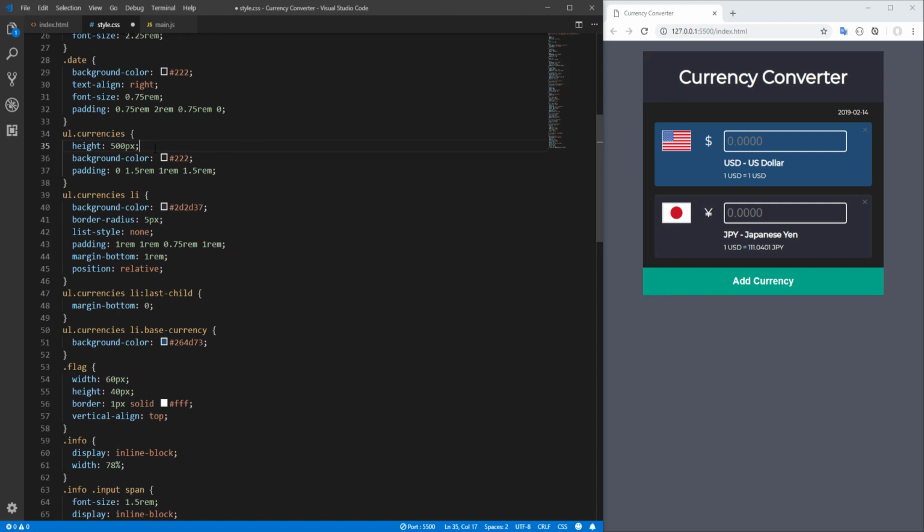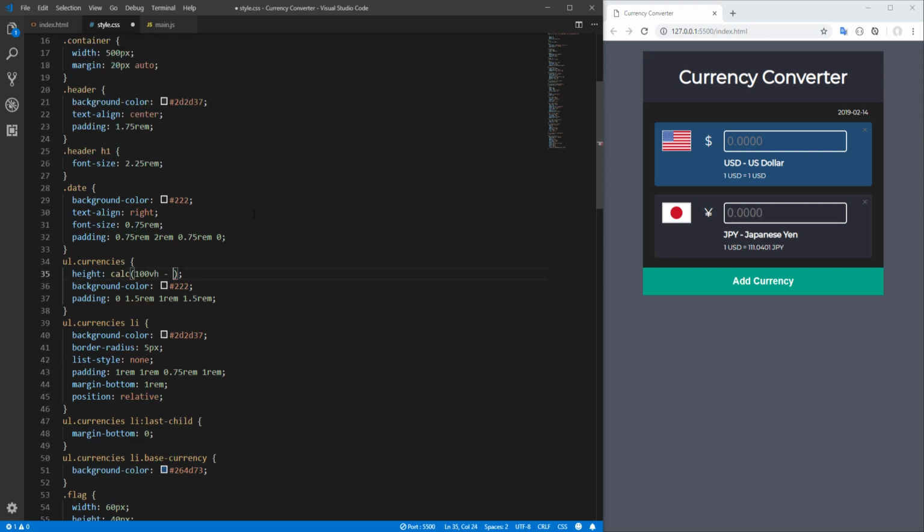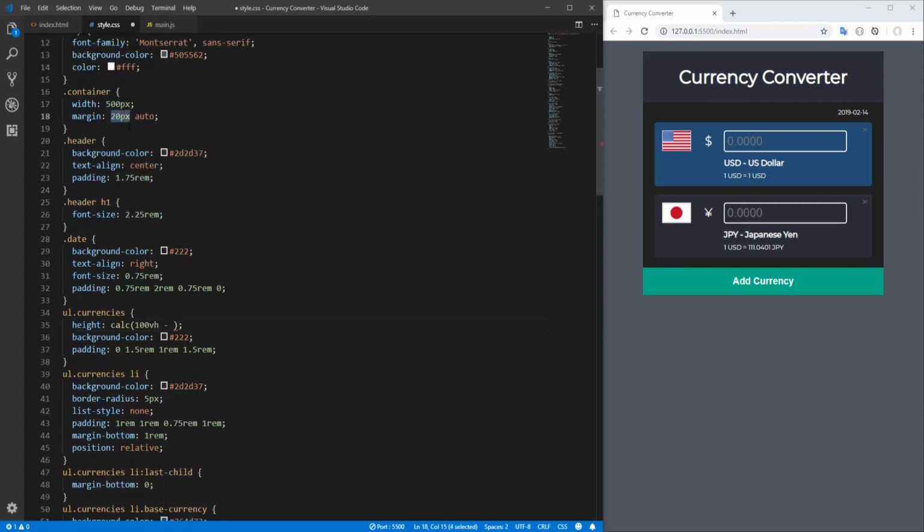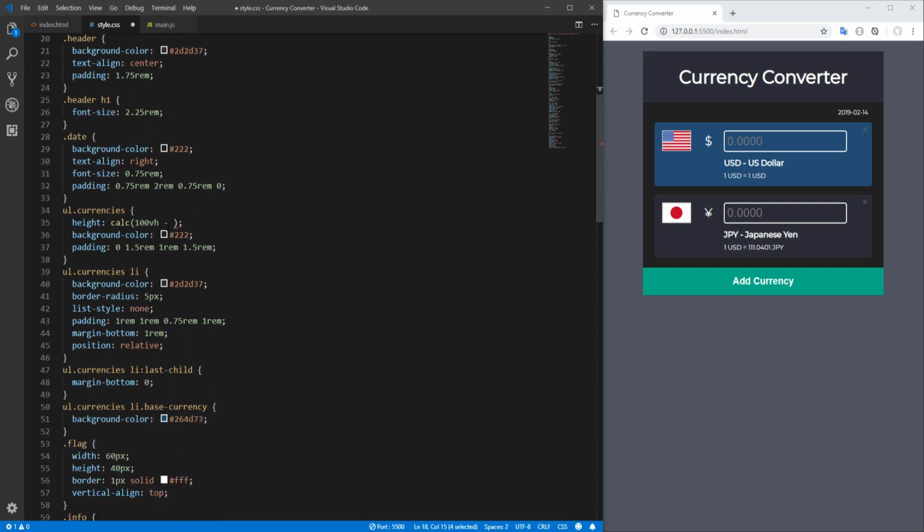To be honest, at first I started implementing this in JavaScript, but it started getting really complicated and I thought it can't be, there must be some other way. And then I recalled this calc function, which allows us to do calculations in CSS. So height will be 100 viewport height minus the top and bottom margin, 20 pixels plus 20 pixels, so it's minus 40 pixels,